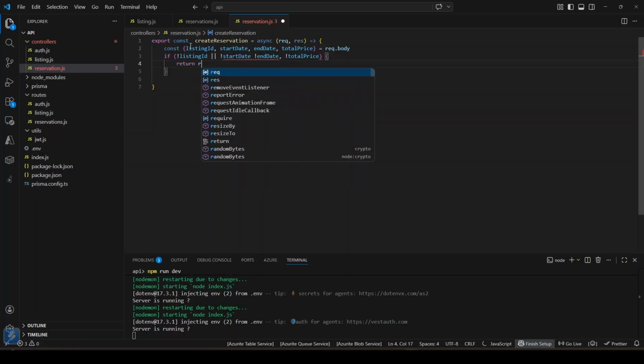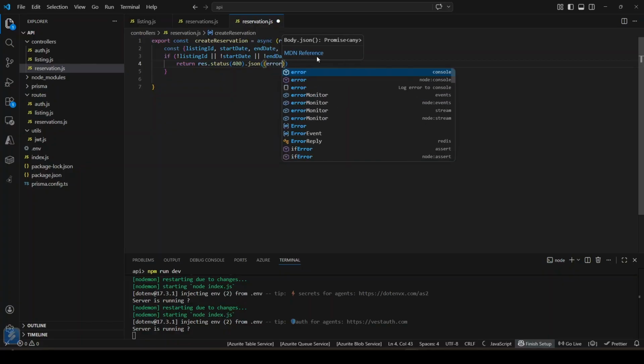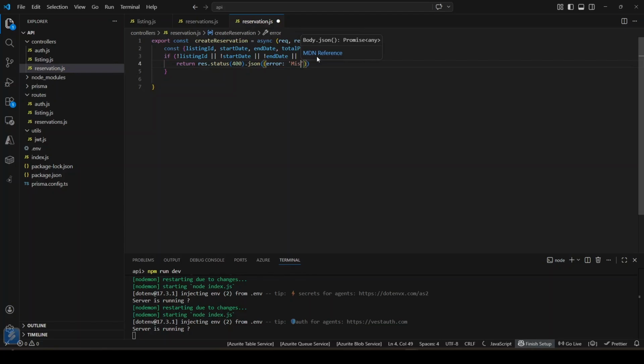Return res status. I think it will be 400. Here I have an error, so I need to add the same thing here, and also add a message called error, with missing required